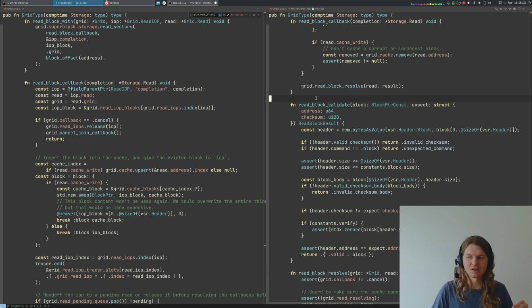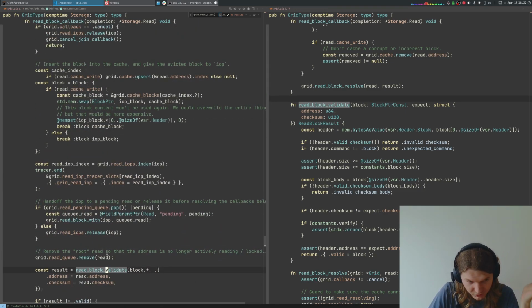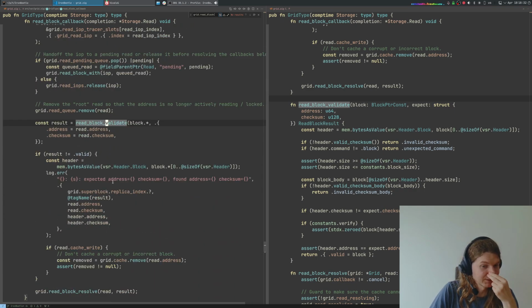So even if our read syscall returns an error, we don't report that to the caller, and we just set the underlying data to 0, because the caller should be validating the checksums anyway. And read block validate is what will be